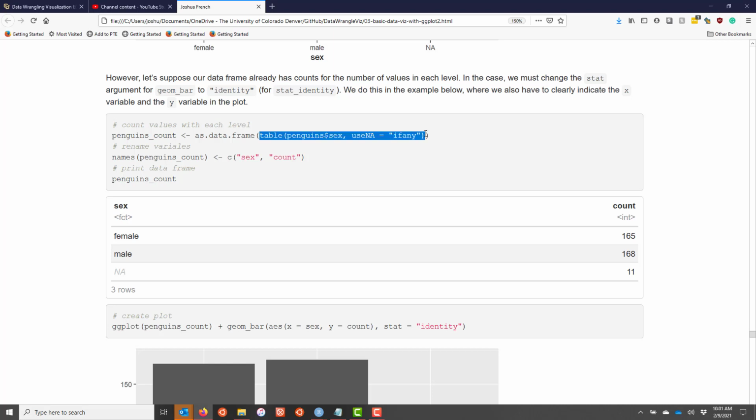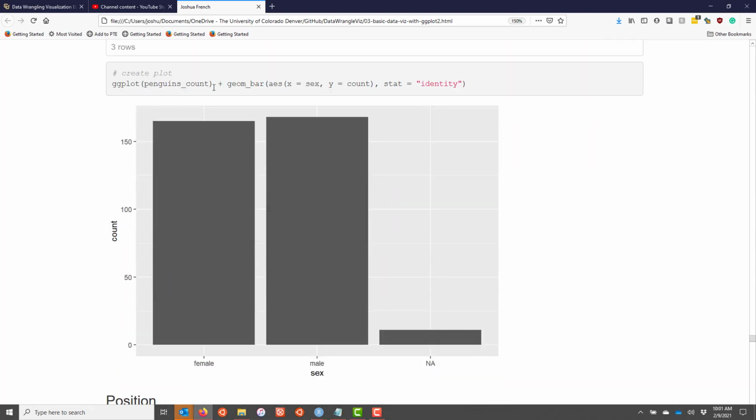Essentially what I did was use the table function to tabulate the counts for each level of the sex variable, convert it to a data frame, and then change the column names. To create a bar chart from this data, I give the penguins_count data frame to ggplot. I still specify geom_bar as my geom function. But now I'm going to map count to the y variable and sex to the x variable and use